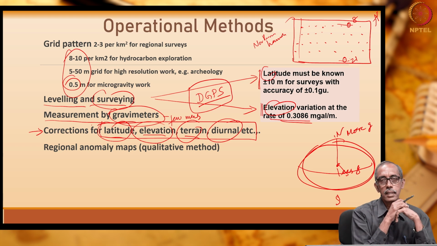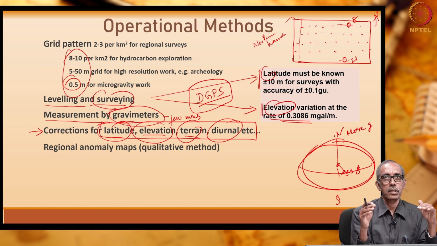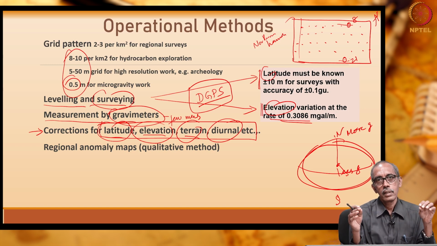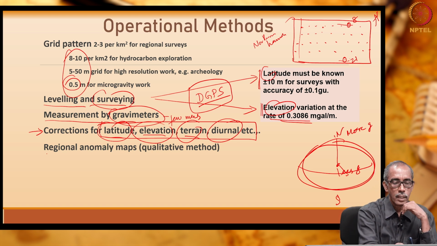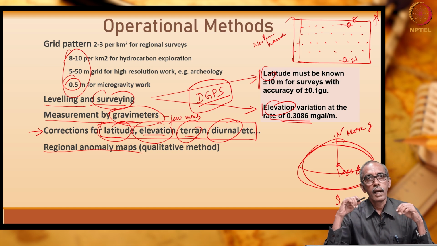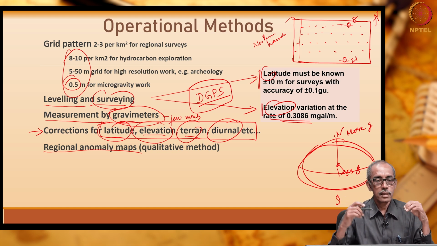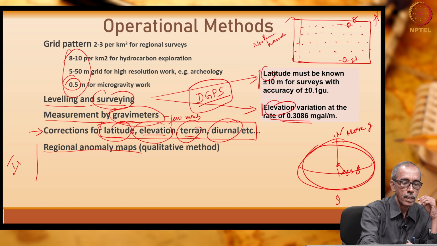After applying all the corrections, the data has now been reduced. That means we got rid of all the impacts on the g value. For example, latitude, elevation, all these effects we have removed, and also time-wise variation, everything we have removed. Now we have got the reduced data. In other words, simply I can say cleaned data is with us, using which we can prepare the anomaly maps. This is what is known as interpretation.